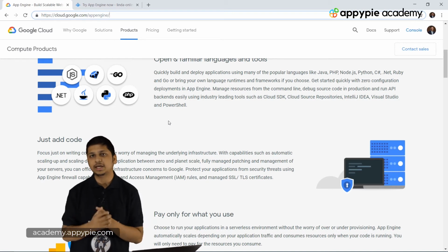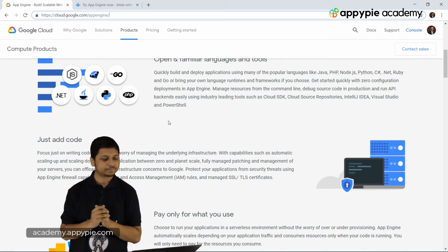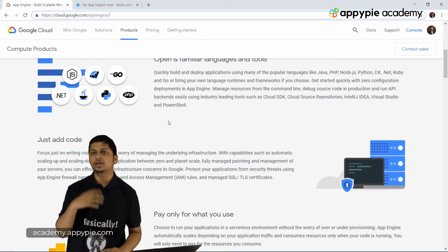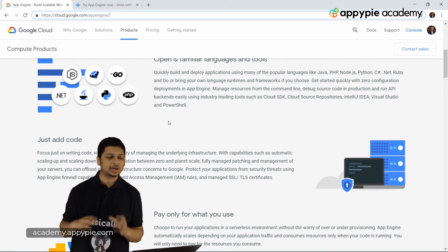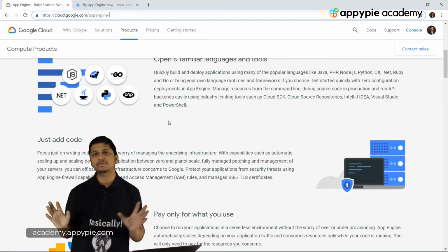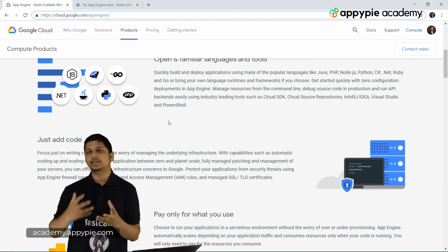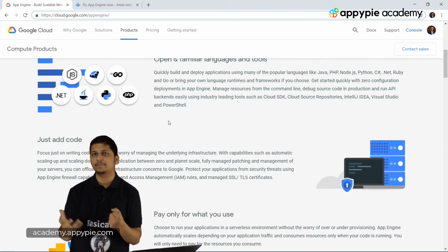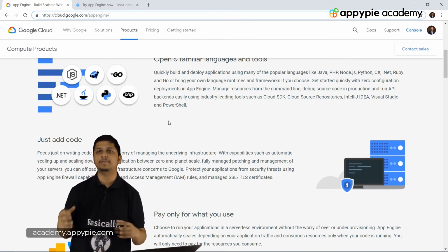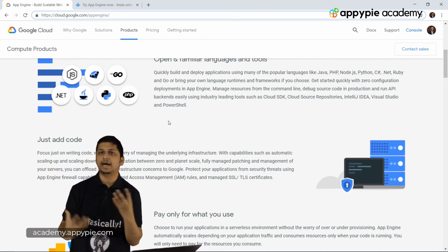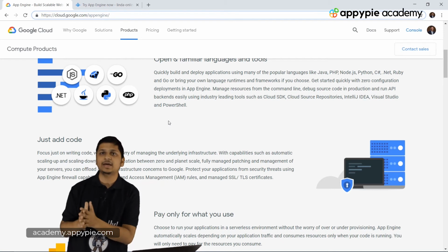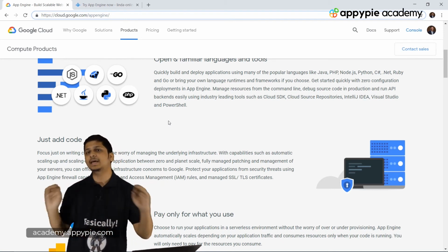Another advantage of App Engine is scalability. Okay, so whenever you suddenly have more users, or the demand for your service is increasing. So let's say you are on Udemy and there is a new sale on Udemy, and suddenly there are a lot of different people coming onto the website and buying a lot of different courses. So the activity on the Udemy website is rapidly increased.